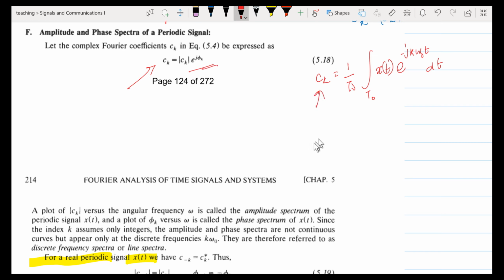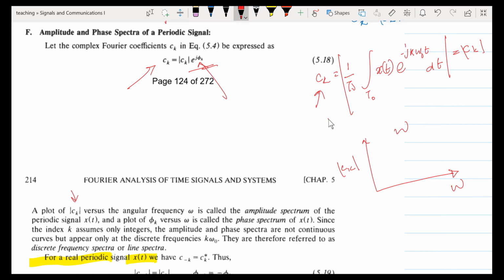Now, if we know our Ck to be that, then from this Ck, a plot of the Ck magnitude versus the frequency omega is called the amplitude spectrum of the periodic signal x(t). And a plot of phi of k, which is of course this term,